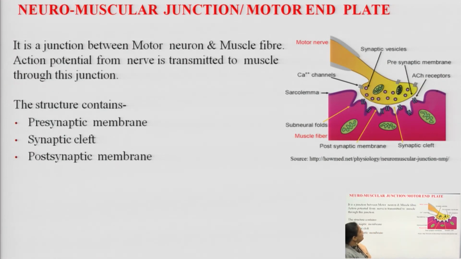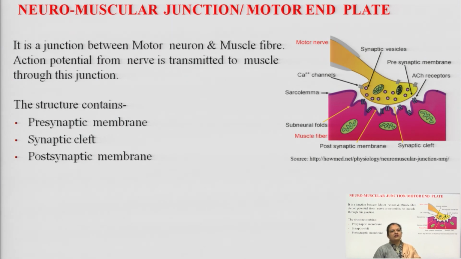Now, coming to the neuromuscular junction, or we can say motor end plate. So, what is the neuromuscular NM junction? It is a junction between the motor neuron and a muscle fiber. So, what is happening here? The action potential is the minimum potential or energy which is required to start any action. The action potential from the nerve is transmitted to the muscle, to the motor end plate, to the muscle fibers, through this neuromuscular